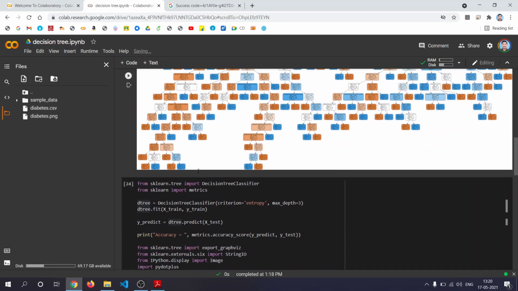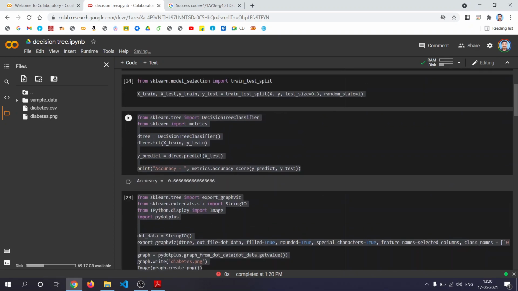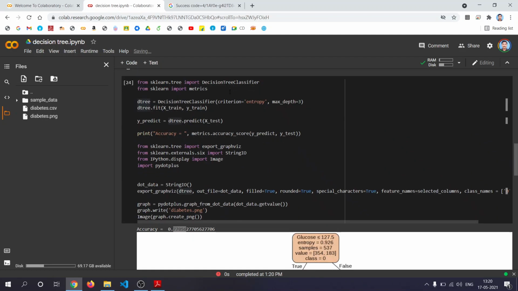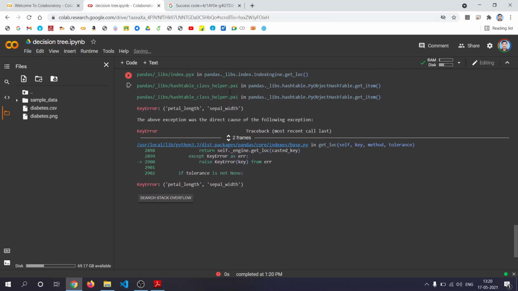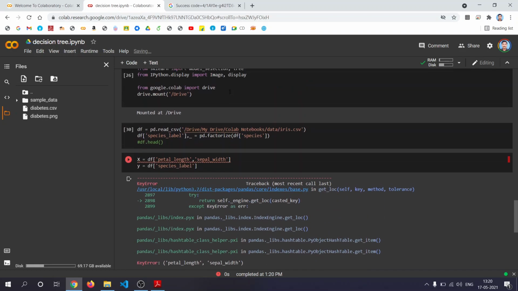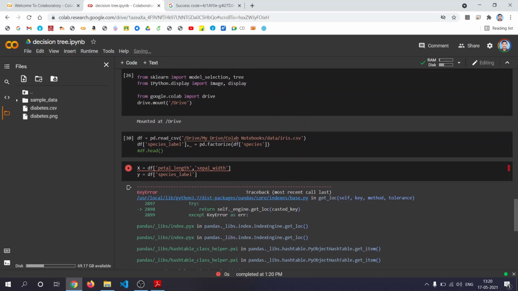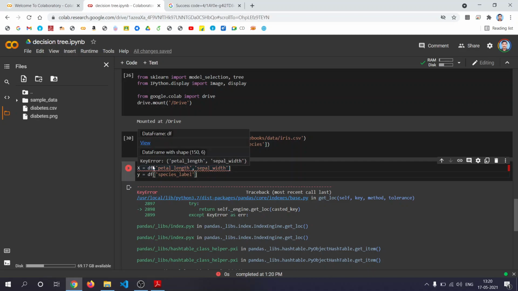I use this command for splitting into training and testing datasets. This should be written as one more list.